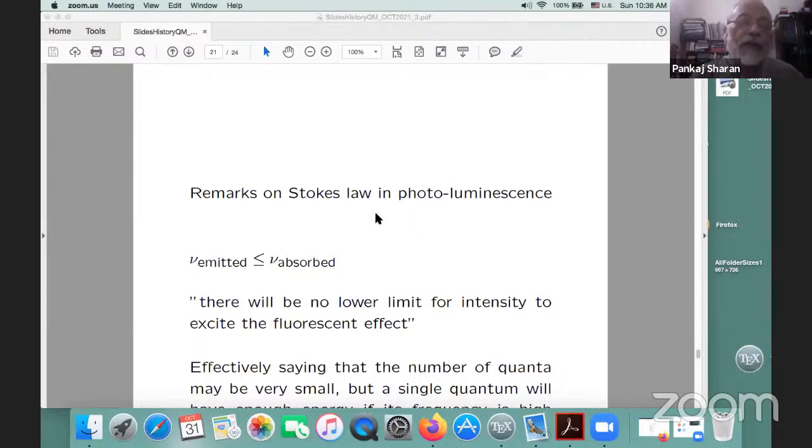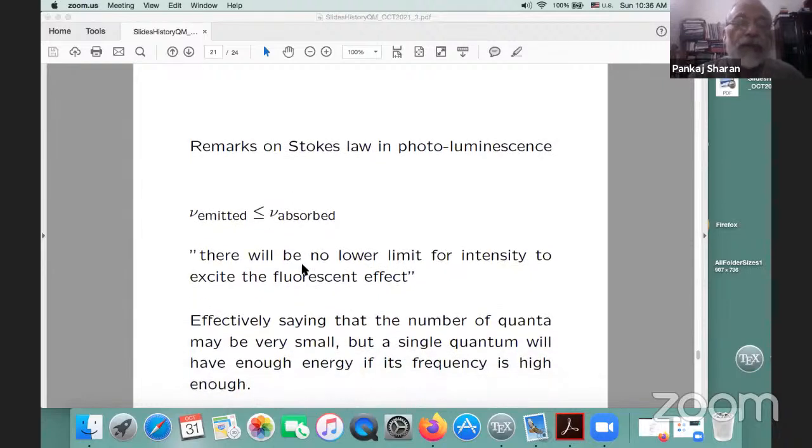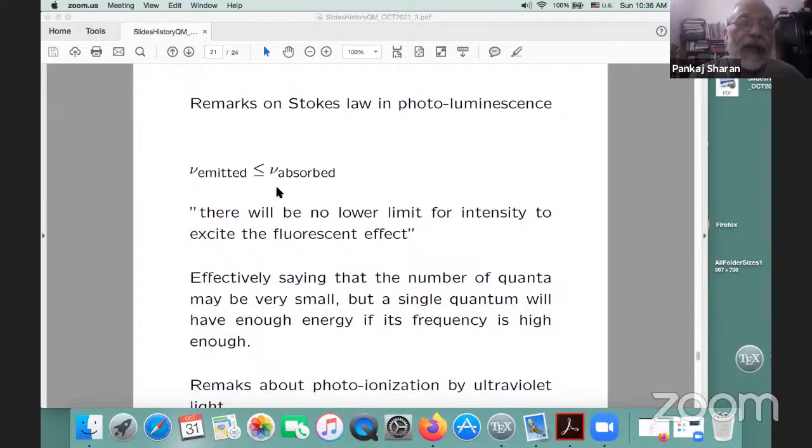Now he has a picture in his mind in which radiation of frequency nu consists of packets of energy h nu. Then he says that Stokes law basically is this: if radiation falls on photoluminescent matter, then it emits radiation, but the frequency of emitted radiation is always less than the absorbed frequency. And therefore, this Stokes law, he explains, means there will be no lower limit to intensity to excite the fluorescent